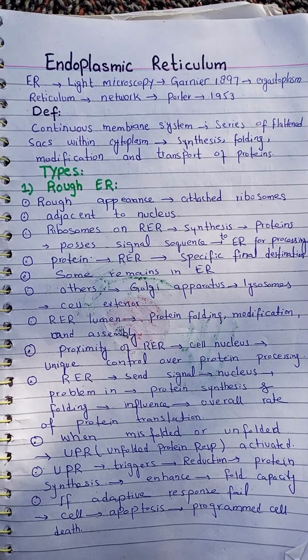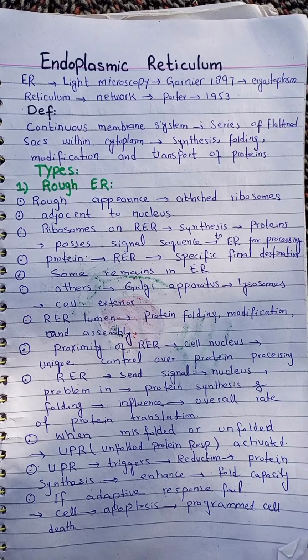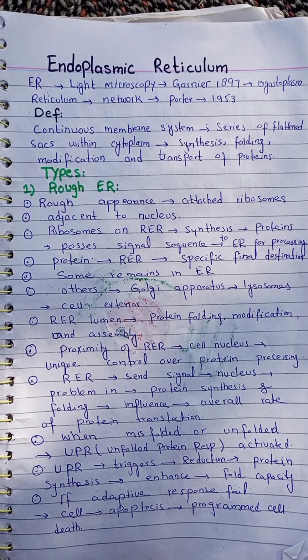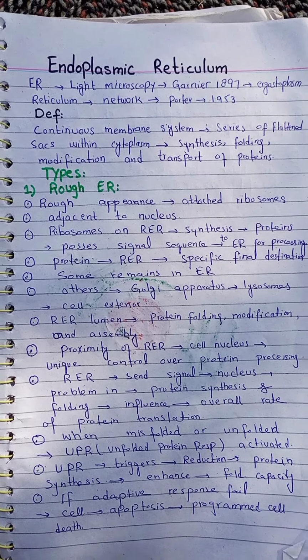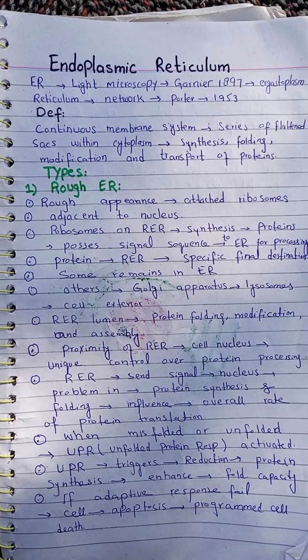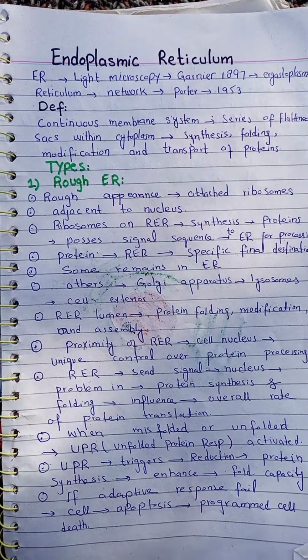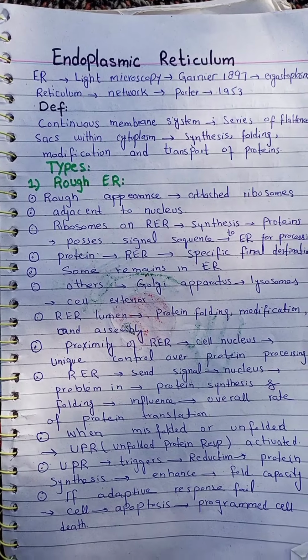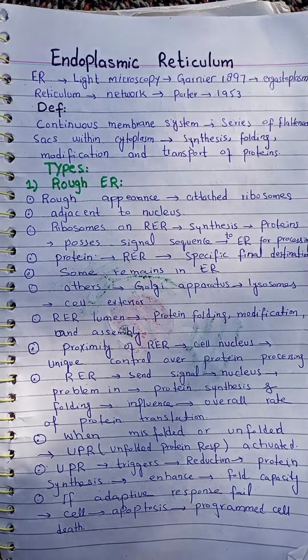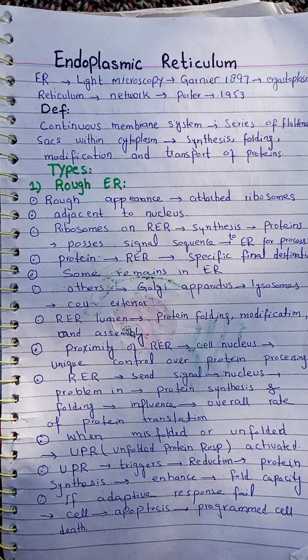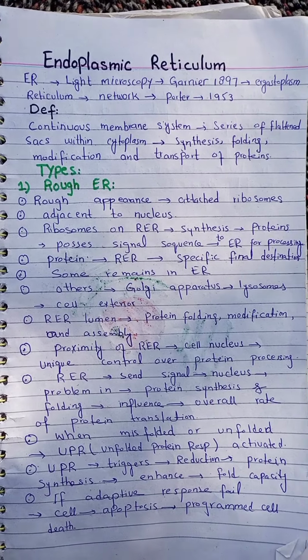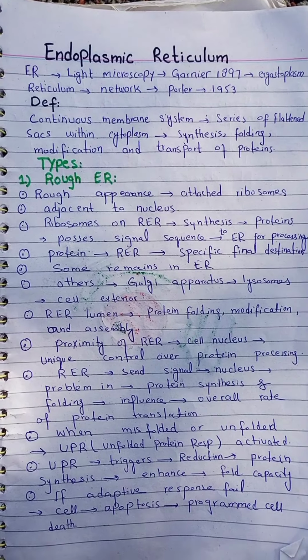Some remain in the endoplasmic reticulum. Others are sent to the Golgi apparatus, then lysosomes for further processing. Some are sent to the cell exterior. The proteins synthesized by ribosomes on the rough endoplasmic reticulum are sent into the rough endoplasmic reticulum lumen, where protein folding, modification, and assembly